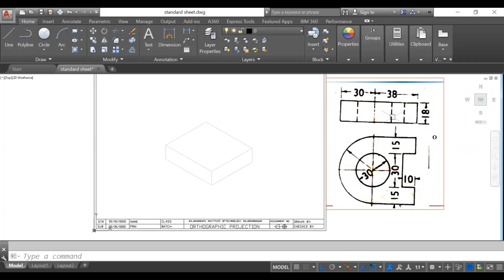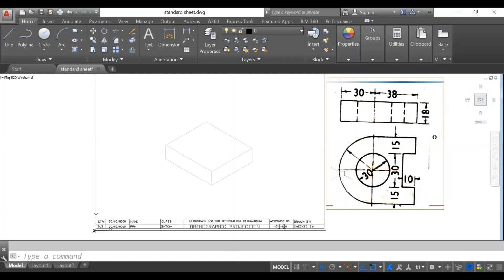So for this hole, the dotted lines are there because this hole is not visible in the front view. This slot is not visible from the front view. That's why this is dotted here. And this total block looking like a 18 mm thickness from the front. Okay. So slowly we have to draw it here.